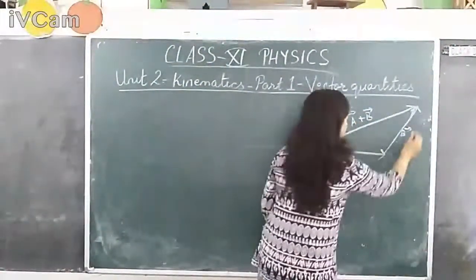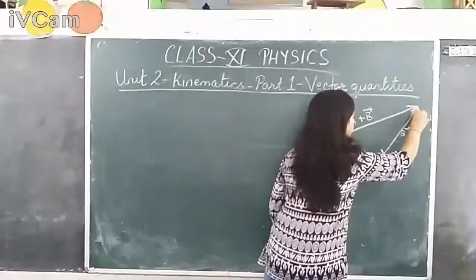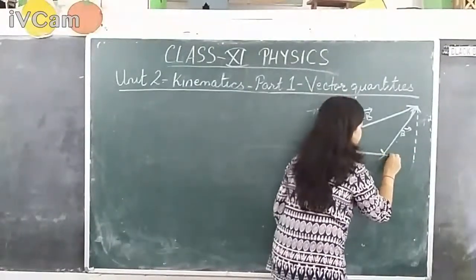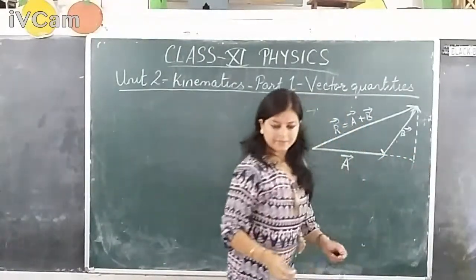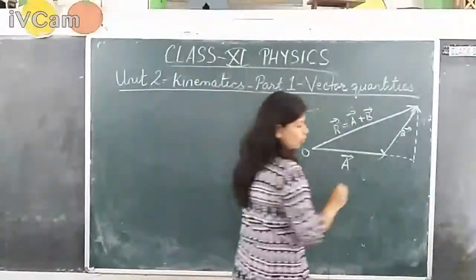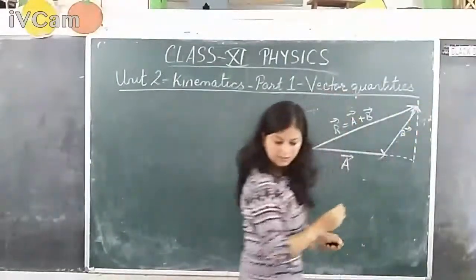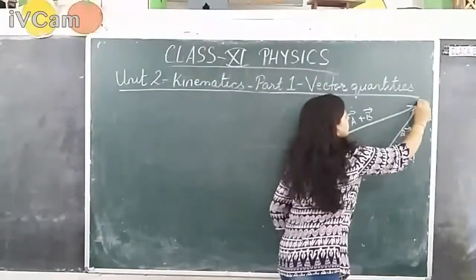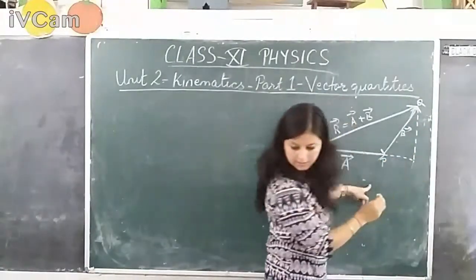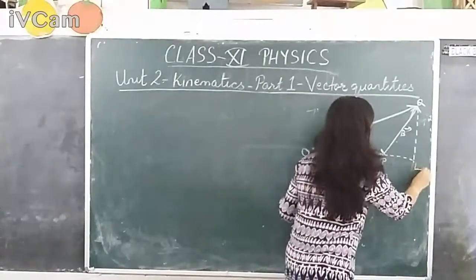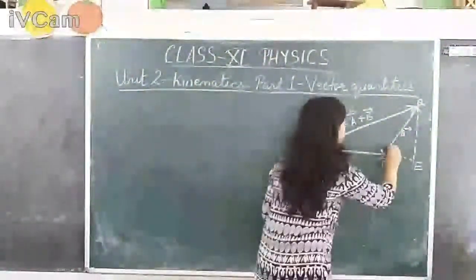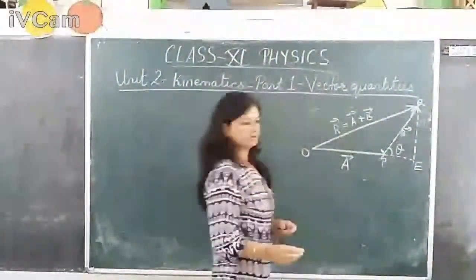Okay. Now for the derivation, I will need to use the Pythagoras theorem. So I will just make a small construction. Points, the vertices of the triangle O, Q, this is P, this is E. Okay, and these two vectors are making an angle equal to theta with each other.